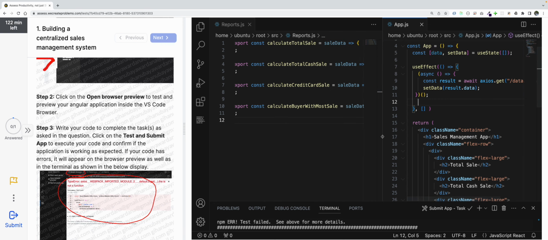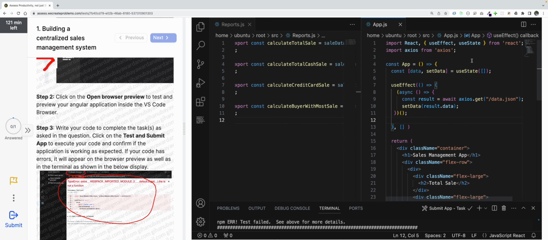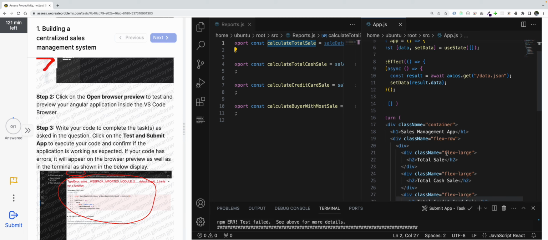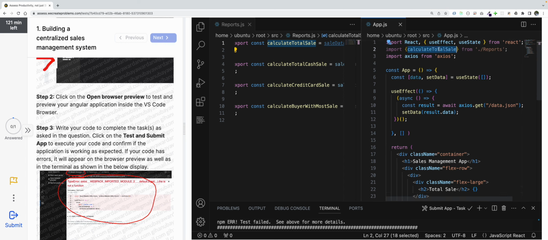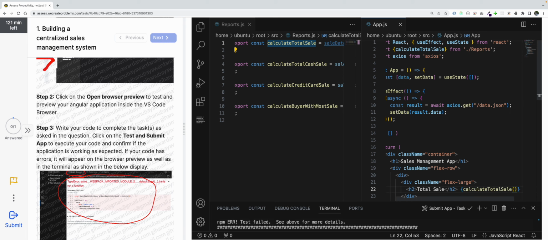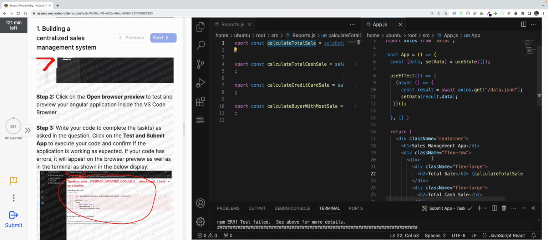Now let's try to import our function here. We are importing it from reports. The function name is calculateTotalSale. So let's try to use this function here, and I am passing this sale data here,